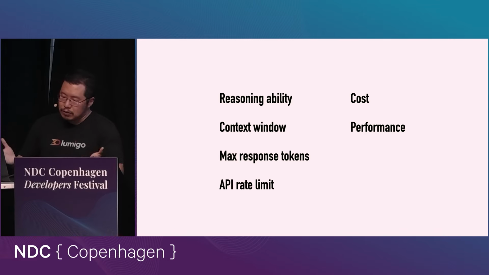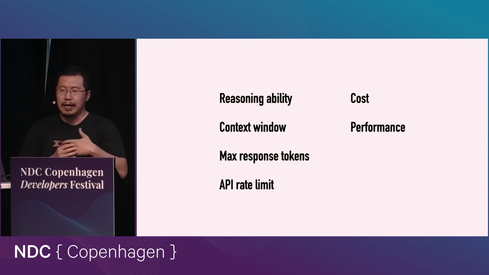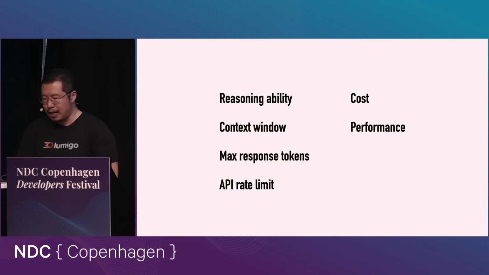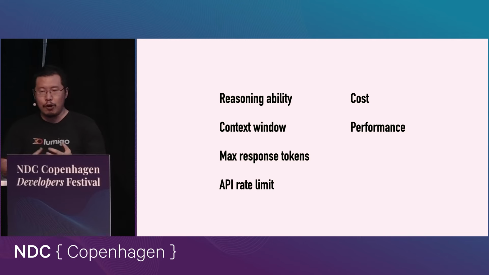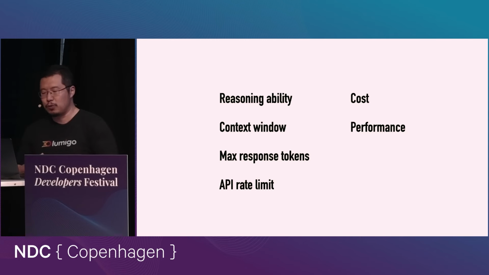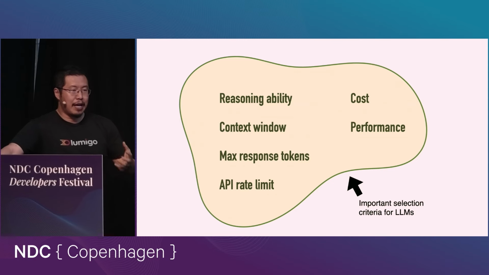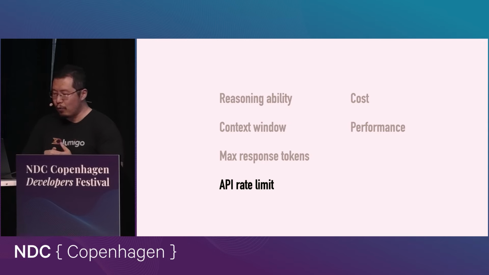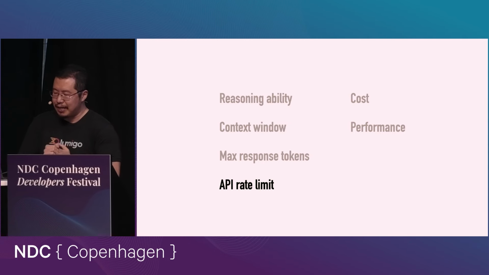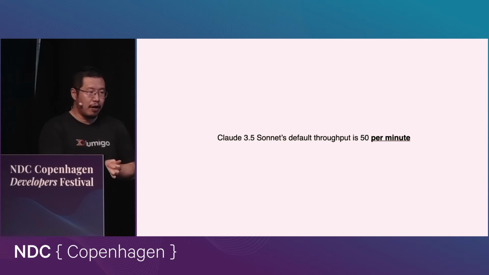So there's also a lot of other things to consider as well. Cost is a big one, especially if you are doing any kind of business around AI systems. And if you're building for internal enterprise use, you probably don't care about cost quite as much as we do. And also there's performance as well, all of which are things you've got to think about when it comes to model evaluation. And one that was, I guess, particularly annoying is the API rate limits, because with Claude 3.5, the